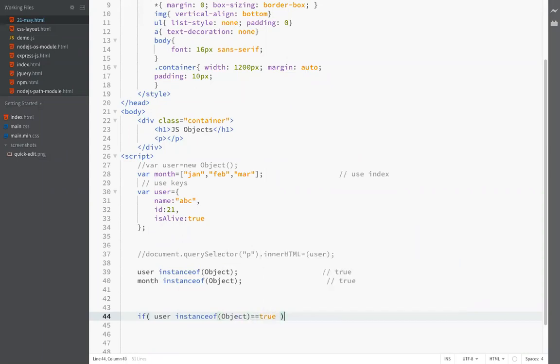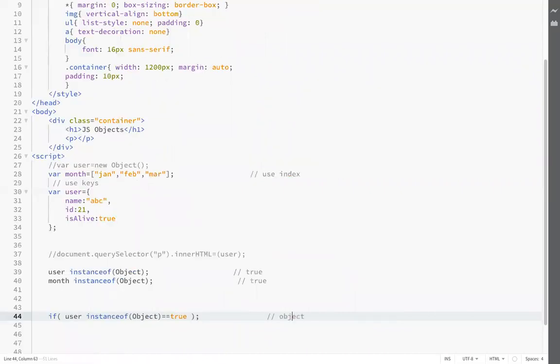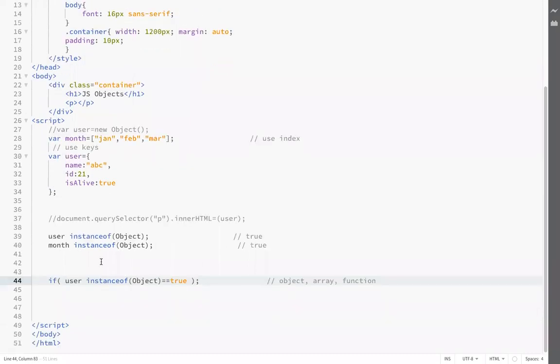This means it can be an object, or an array object, or a function. If user instance of object is true, it can be an object, array or a function. Now use the AND operator, and Array.isArray(user)